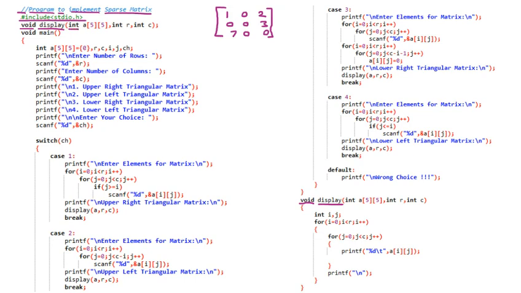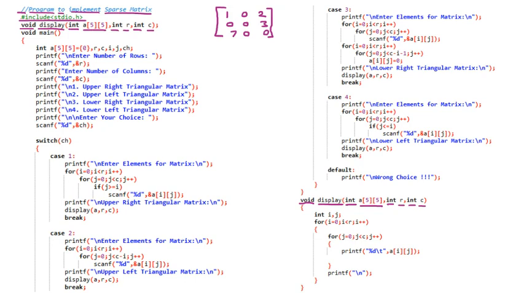One is int a[5][5], the first parameter, which is an array. Then int r, the rows, and int c, the columns. So we are passing an array whose size can be 5 cross 5 at maximum, along with the rows and the columns.